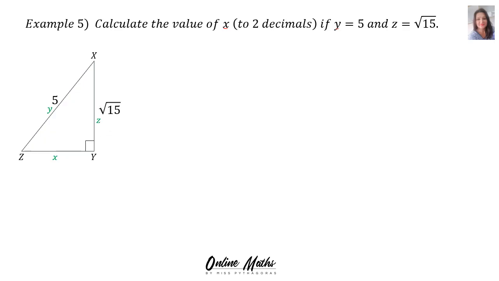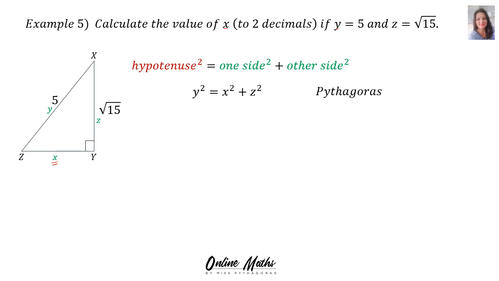So let's work out little x with the theorem of Pythagoras. Always, hypotenuse squared is equal to one side squared plus the other side squared. And then in terms of this triangle, y squared is equal to x squared plus z squared. And we have to add Pythagoras. Now we can substitute in y's place 5 squared equals x squared plus, and in z's place root 15, and